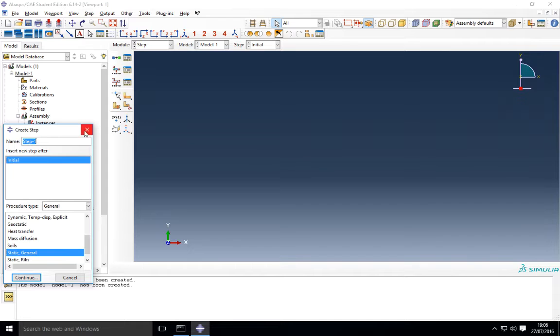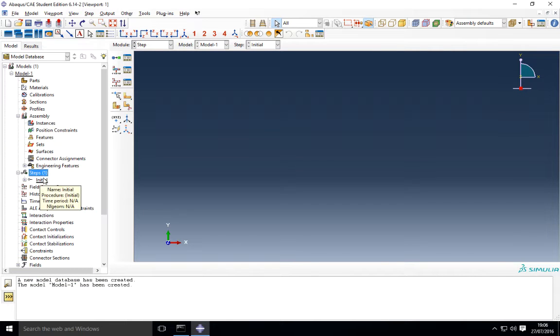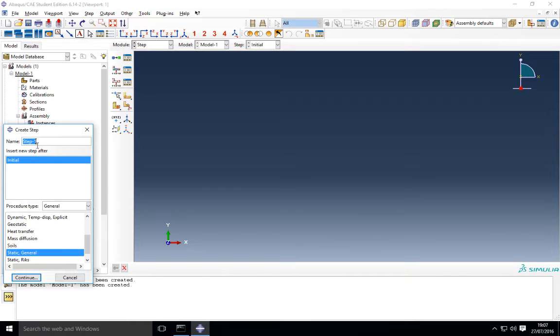The first step by default is always given as initial. This is where you can put in all kinds of initial boundary conditions. So you have initial conditions. So if your object is moving at a certain velocity, then you can provide it as an initial condition with prescribed velocity. If you have as an initial condition something that's fixed, you can also put it here. So the only things that can go in the initial step are certain kinds of boundary conditions, which we will see later. And when you want to apply a certain load, you will always have to create a new step,